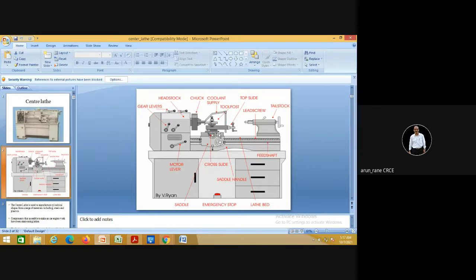There is a small mistake here. The front portion, what has been named here, is called the apron, and this portion which is coming from the top is called the saddle. And saddle and apron together are called the carriage.